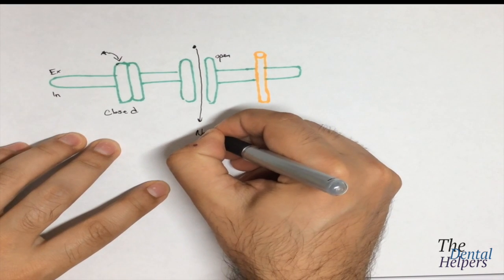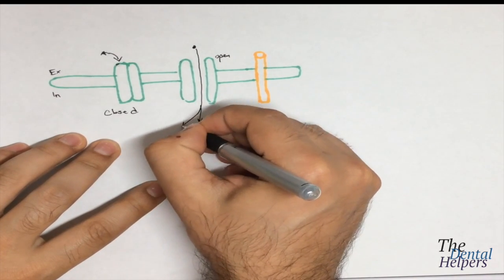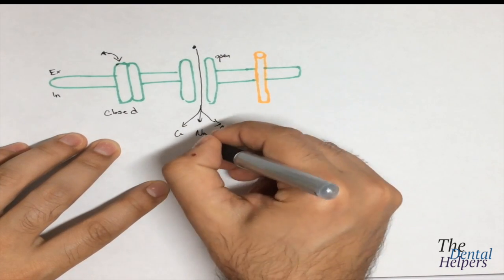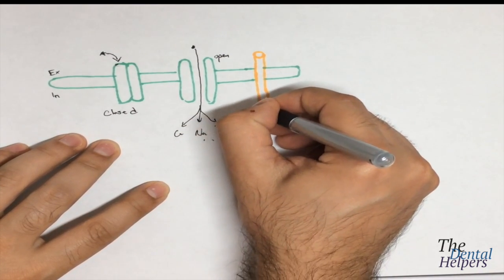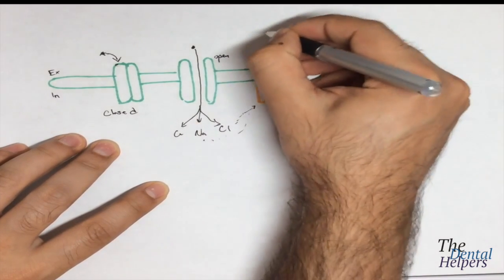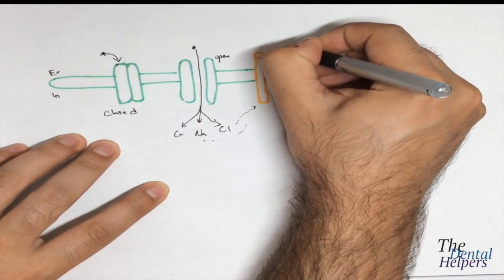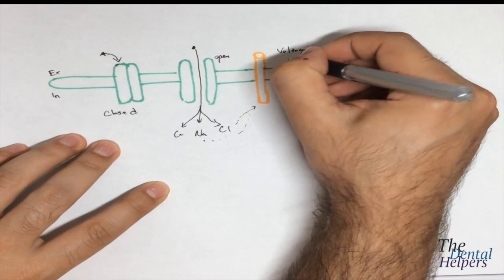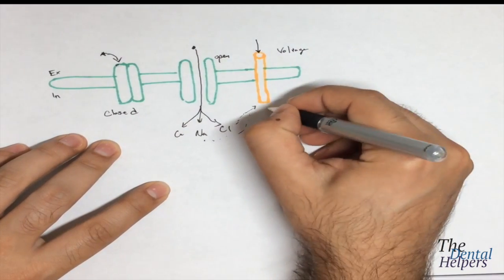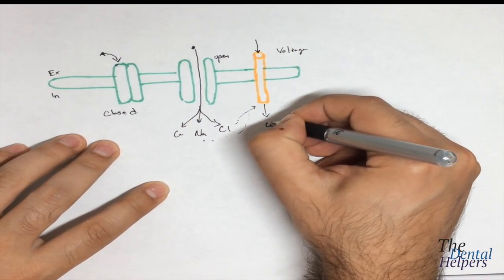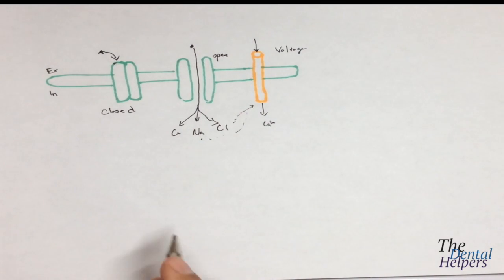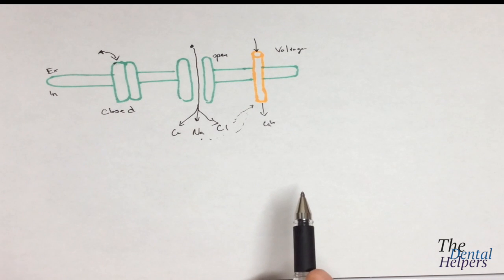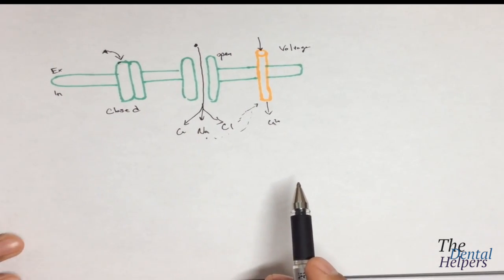So sodium can pass, or calcium, or chloride. And these ions can basically act on this voltage-gated channel, and this is going to allow more calcium to come in. And so the function of this specific receptor is that